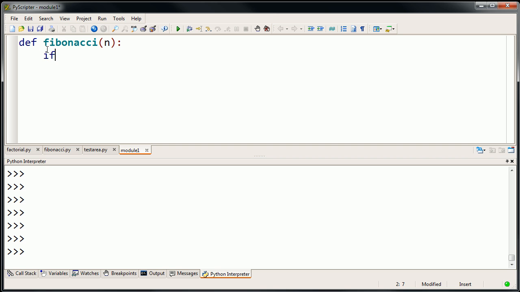So let's say if we want the 0th term, so if n is equal to 0, well, that means you want the 0th term, and the 0th term is actually 0. And you could say else if n is equal to 1, then you can return 1, because the 0th term is 0, and the first term in the Fibonacci sequence is 1. And now here's where a little bit of the magic happens. Otherwise,